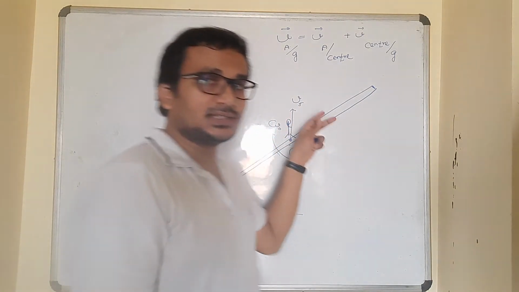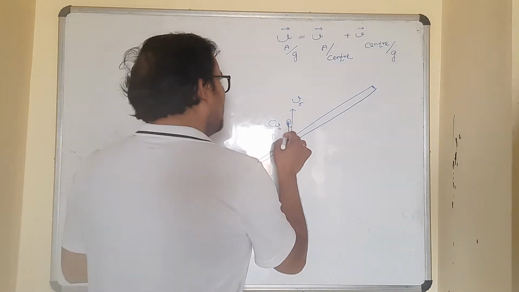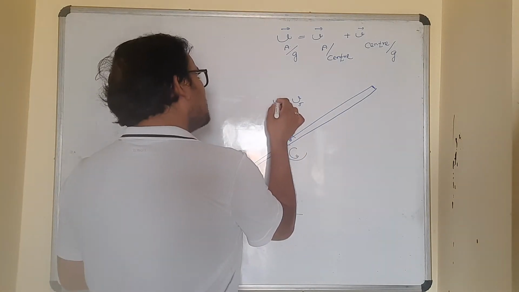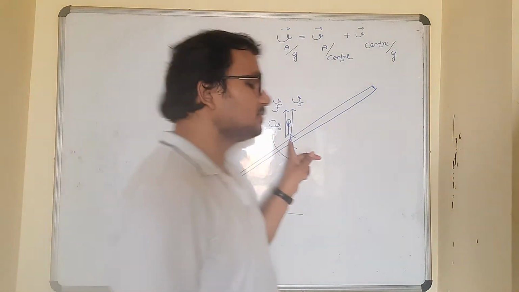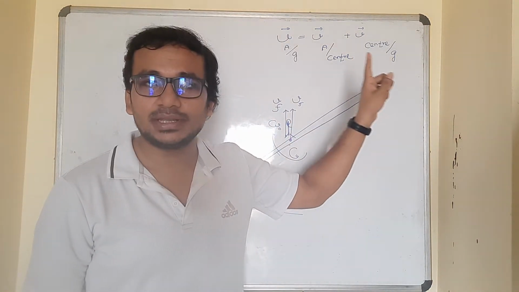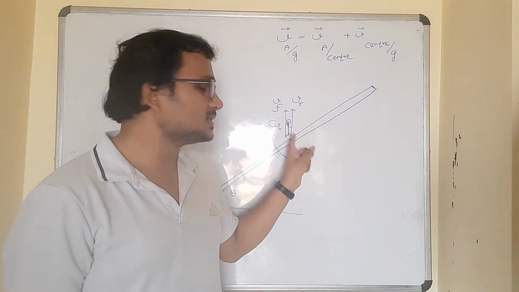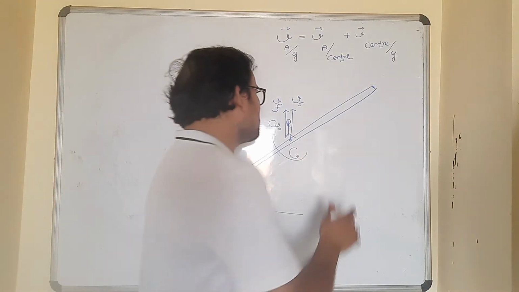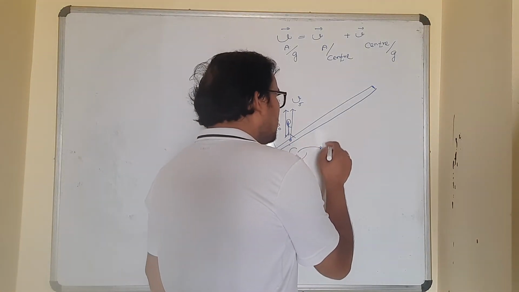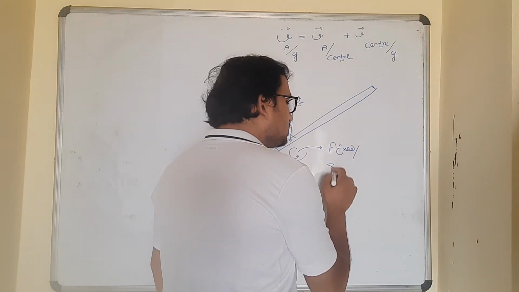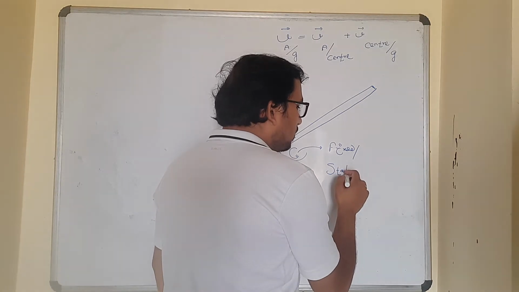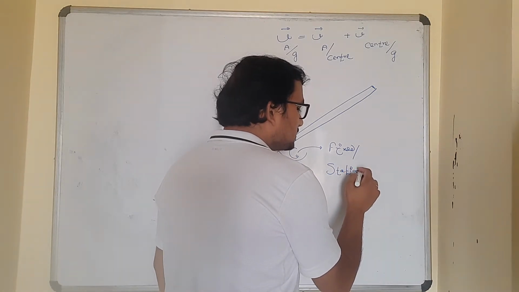The moment a person stands on the center, won't he have the same velocity as that of the center? Yes, if the center velocity is Vf, this person's velocity will also be Vf in the vertically upward direction. So can this person say that the center of mass is no more a moving point, it is a fixed point, a stationary point?